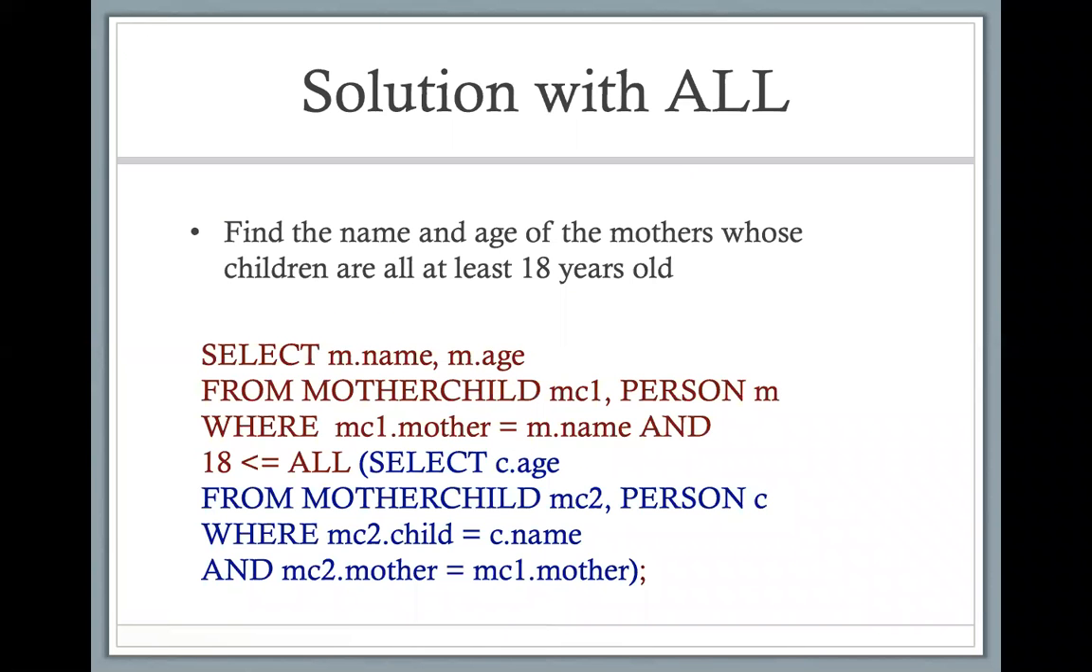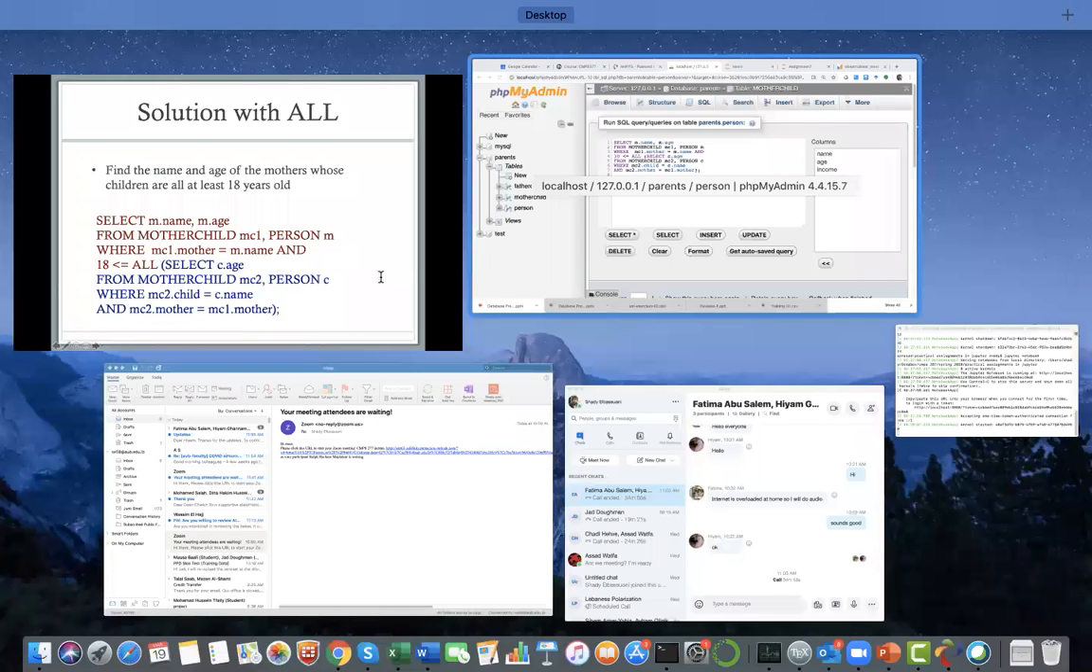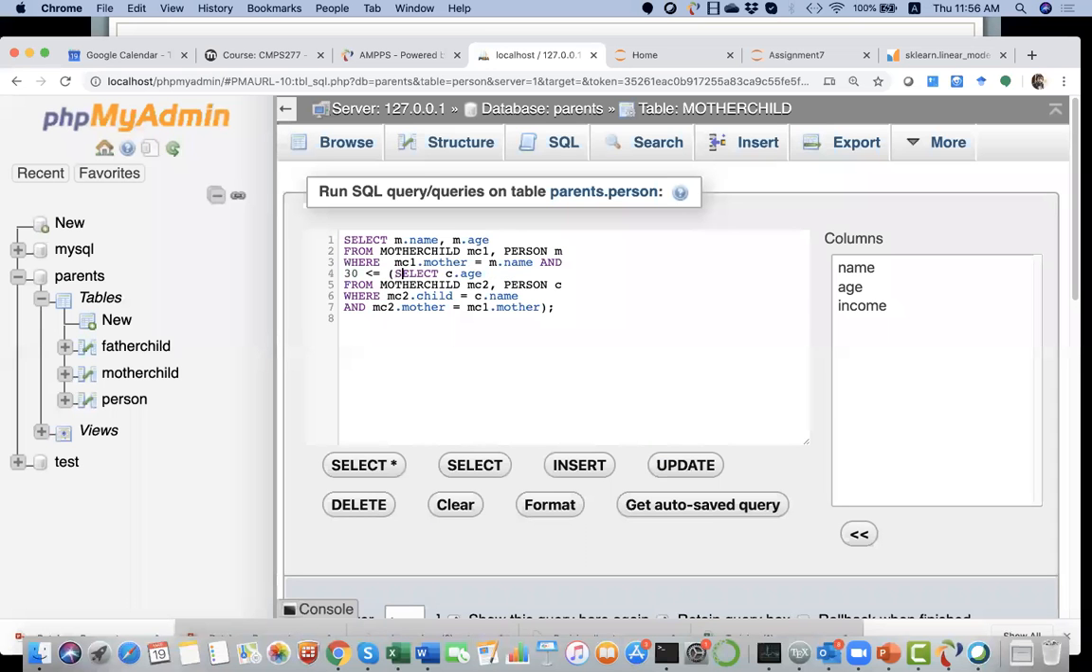Let's do the same query with minimum aggregation. So what do we change? All we change is here. Instead of saying select blah, blah, blah, where 18 is less than or equal to all, I want 18 to be less than or equal to the minimum. So the minimum to be greater than or equal to 18, basically. So we go here, we change the query from equal all to select minimum of c.age. So get me